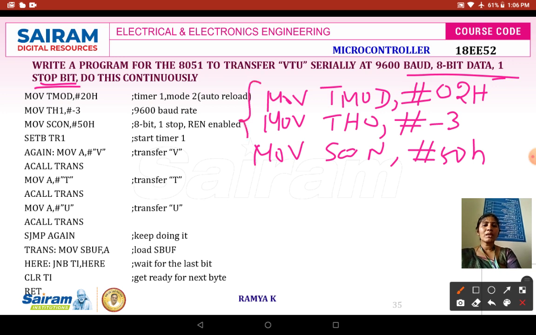These three lines are mandatory: loading the TMOD register, the TH register, and the SCON register. TMOD is loaded based on the timer mode of operation. TH is loaded based on your baud rate.